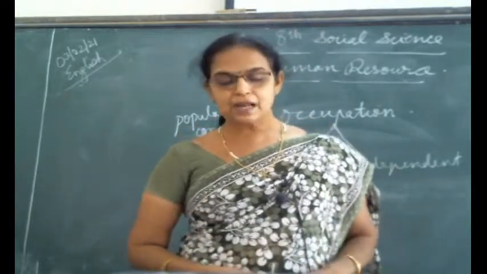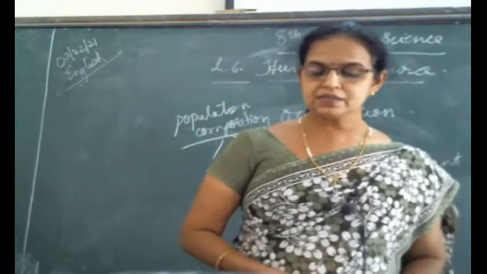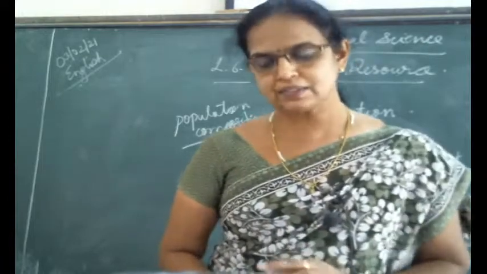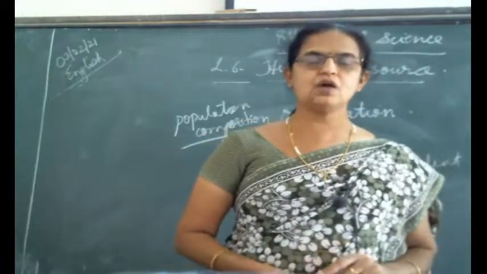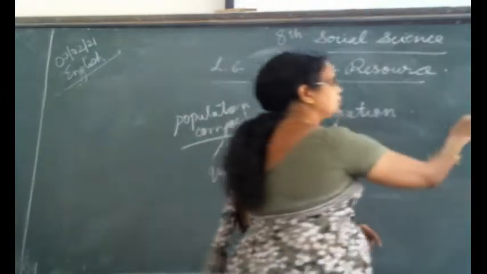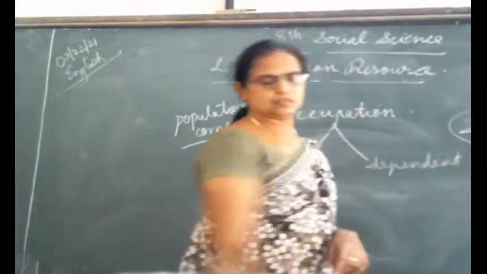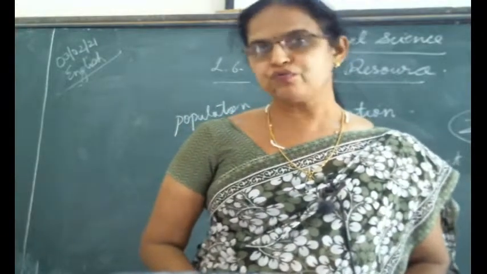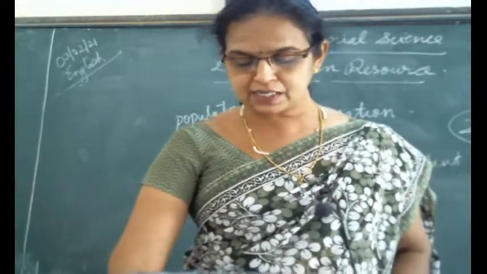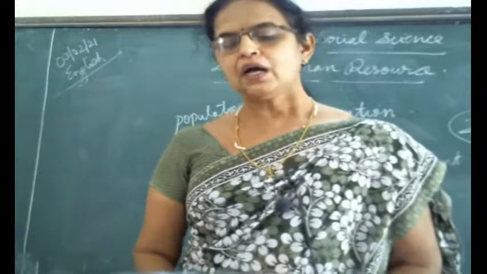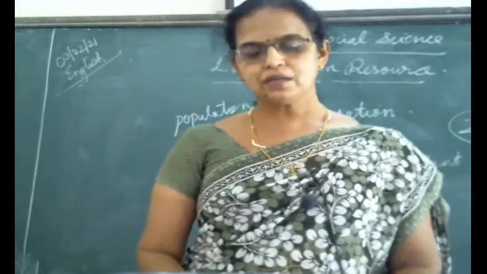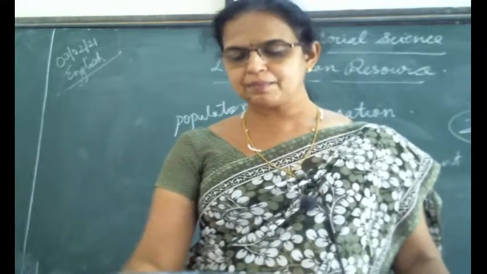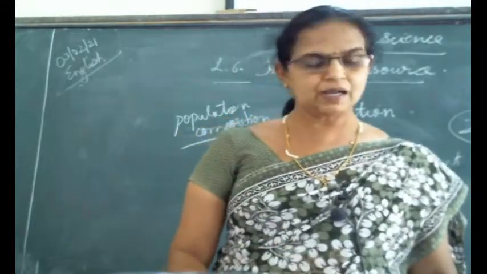And linguistic group, language. India is a large country with diversity as its prime characteristic. Currently there are 22 languages recognized by the Constitution. How many languages are recognized in the Indian Constitution? 22 languages. Okay. Hindi and English are the two official languages. Underline that also. The states have been formed on the basis of language. How Gujarat was formed, how Kerala was formed, how other different states were formed, we will study in the coming lessons, which is on the basis of language only.